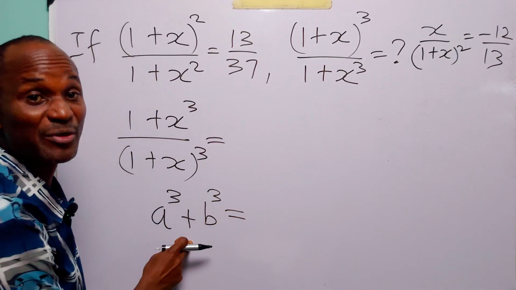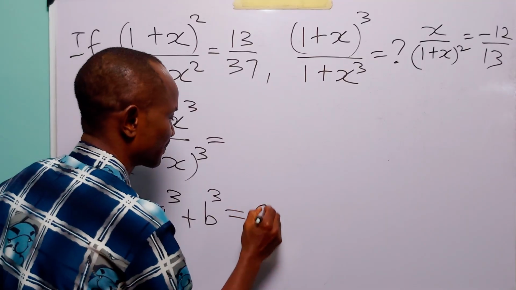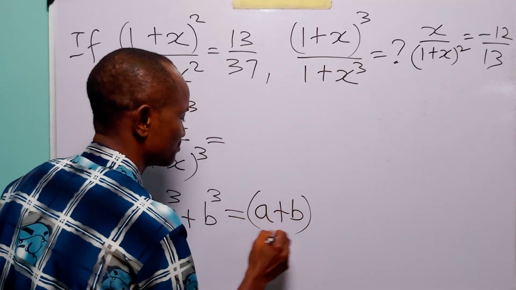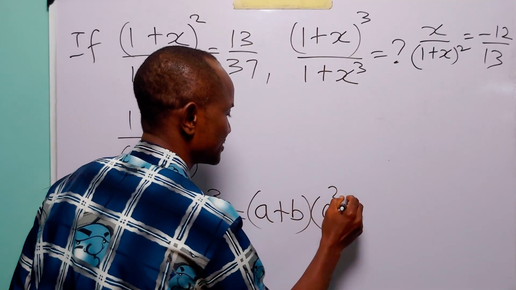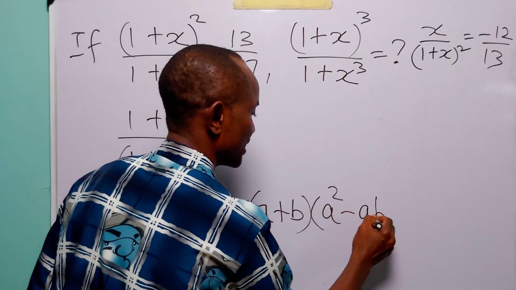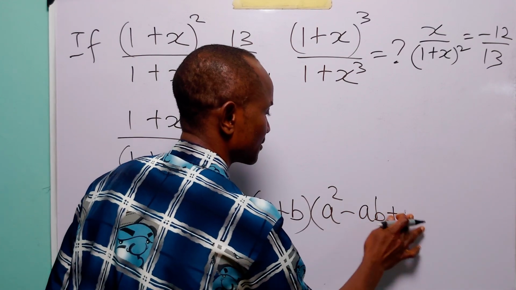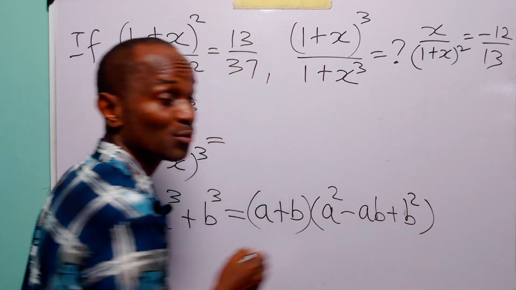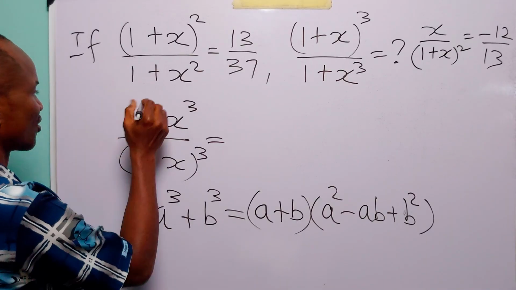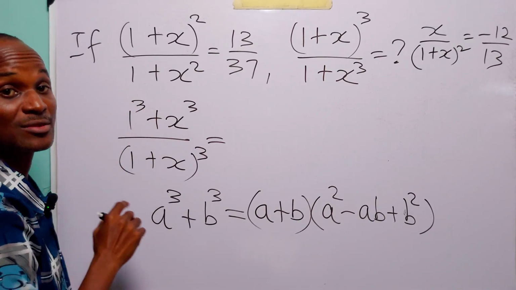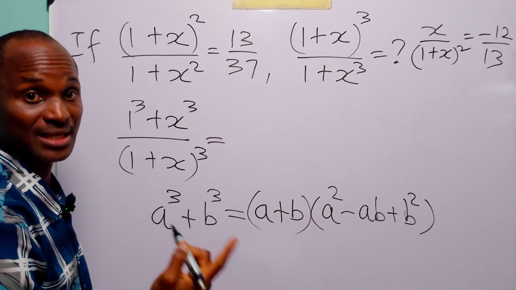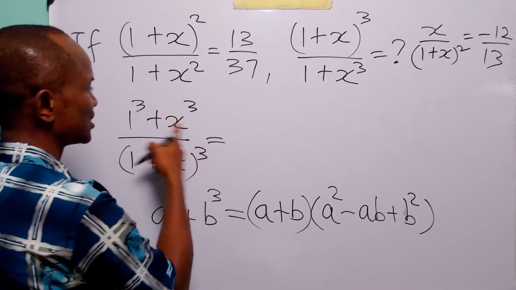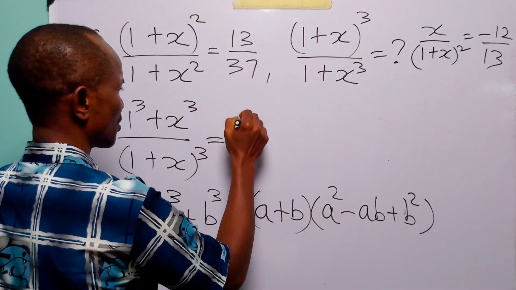We know that this can be factorized as (a + b) multiplied by (a² − ab + b²). In this case, of course, you know that we can write this as 1³ because 1³ is equal to 1. So the numerator is going to be 1